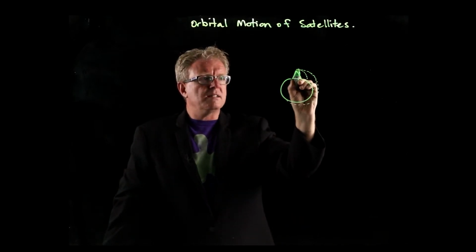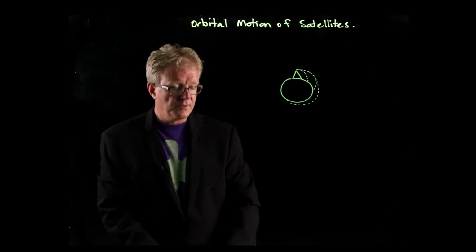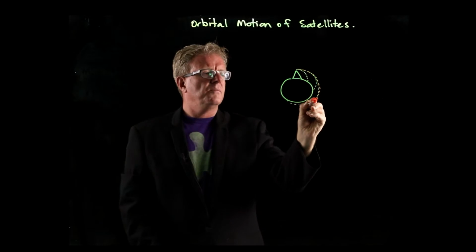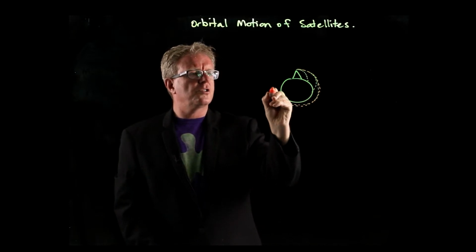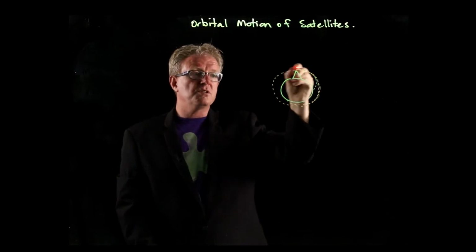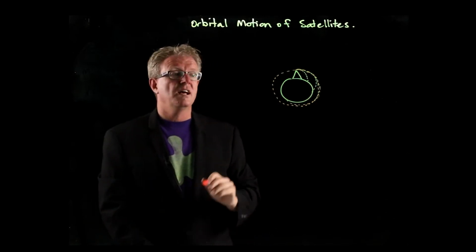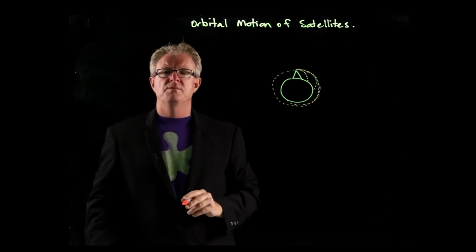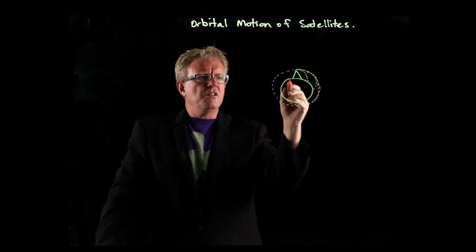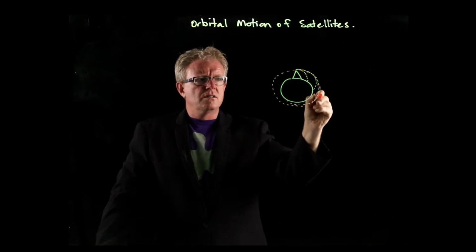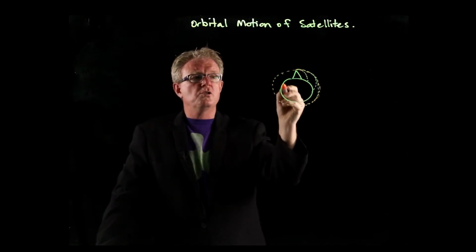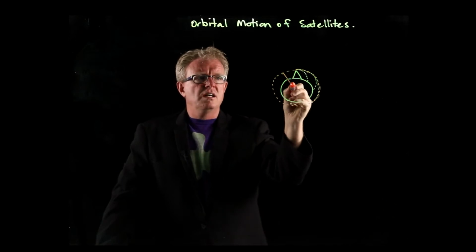But then he thought, I wonder if I could throw it with enough initial velocity that as it's being pulled back down, I might do this in a different color, as it's being pulled back down, the curvature of the Earth is falling away, and this object now returns to its original position, and it is in orbital motion. And he thought, okay, well, if that's possible, then the only thing acting on that body that's been thrown around that is now in orbital motion, because it's a projectile, is gravity,